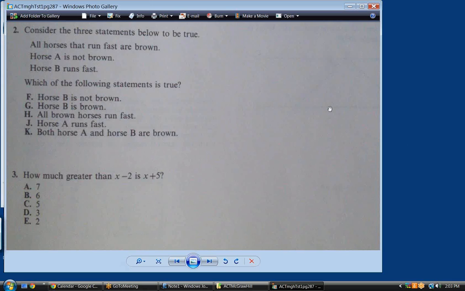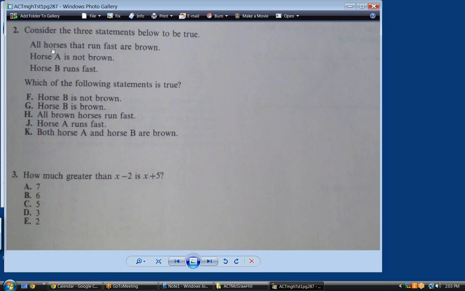All brown horses run fast. Horse A runs fast, and both horse A and horse B are brown. Well, I think the answer is H, because that's what they told us. Well,